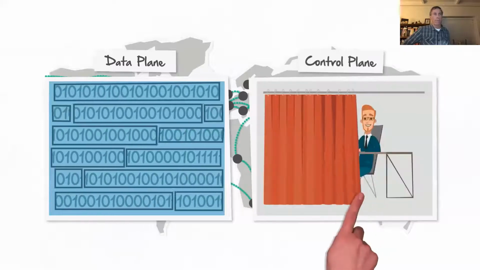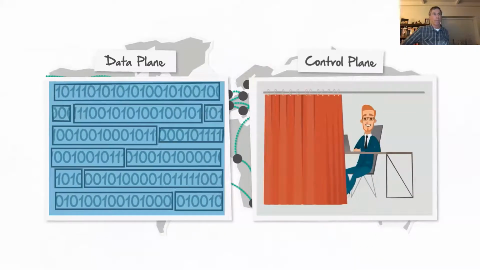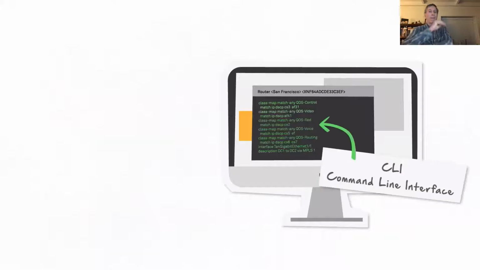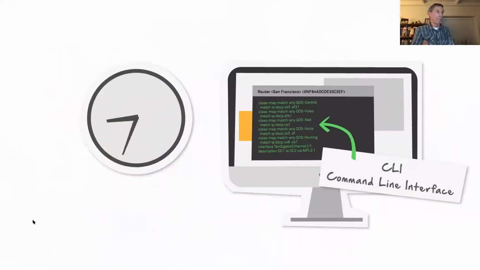However, someone needs to program the control plane with rules on how to handle network traffic on the data plane. This is typically done by entering a series of commands into each router's command line interface, or CLI, by a network administrator. This can be a very manual,